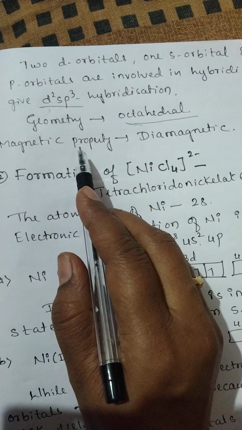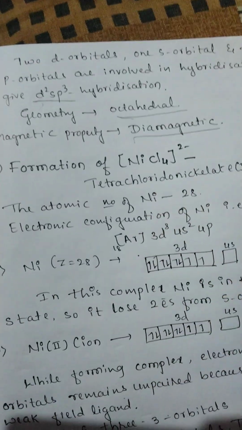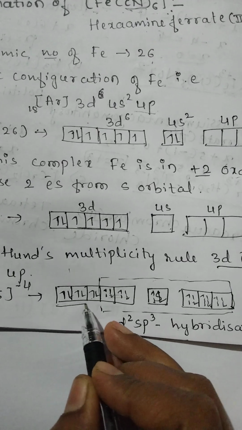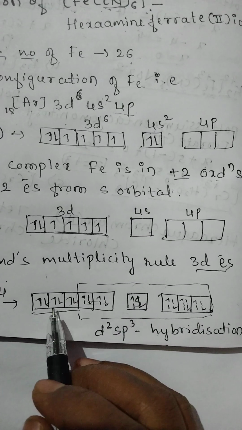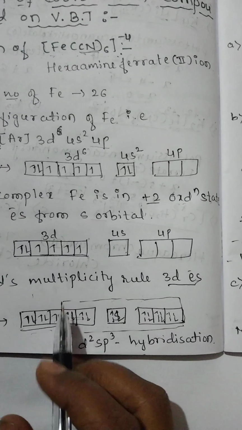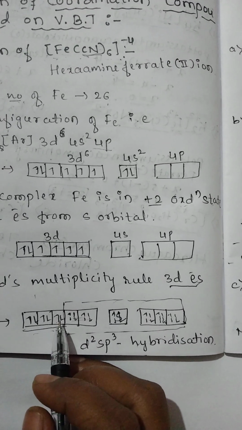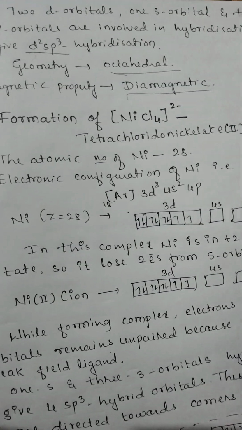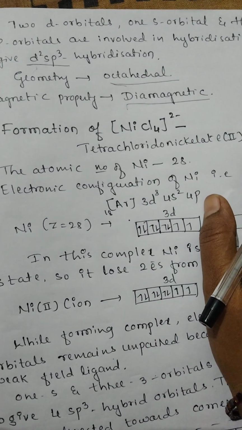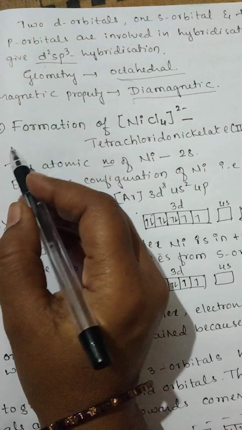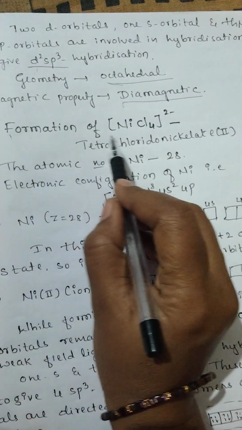So now the magnetic property becomes diamagnetic. Why? Because in the complex there are no unpaired electrons present, so the magnetic property will be diamagnetic. If an unpaired electron is present, it becomes paramagnetic in character. So this is about the complex Fe(CN)6. Hope you understood. Now the second example, that is the formation of the